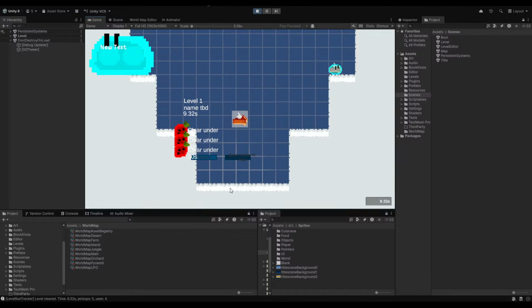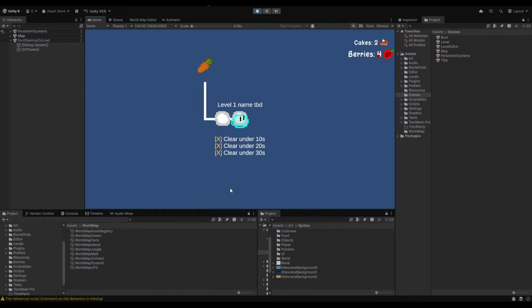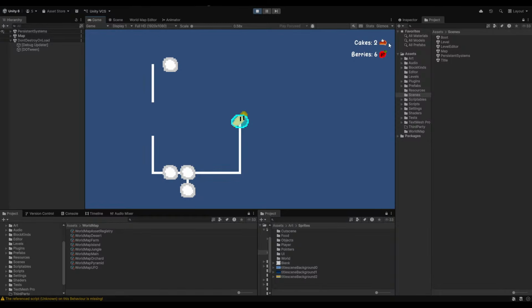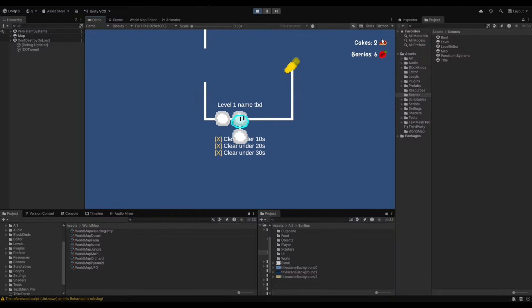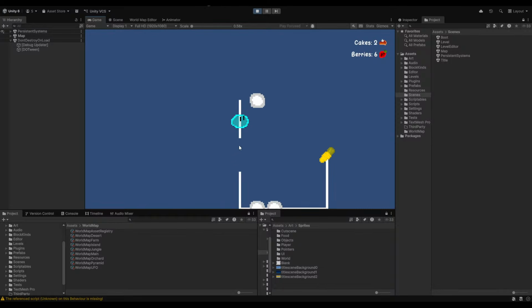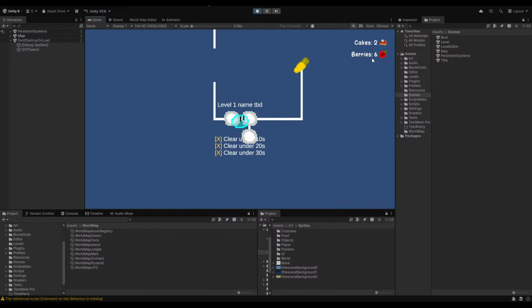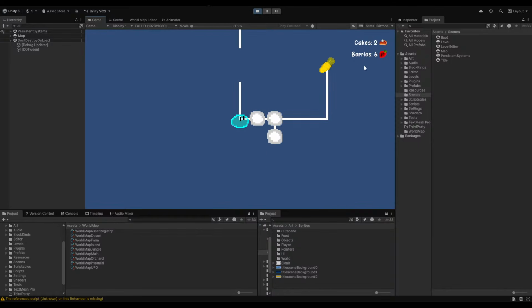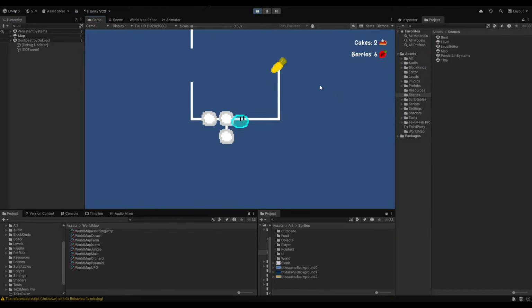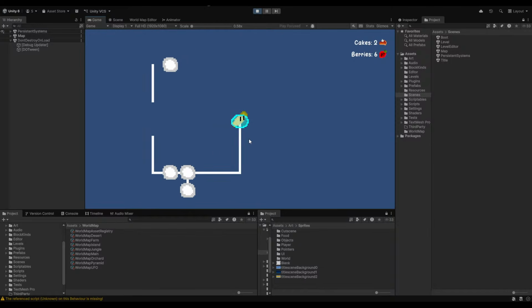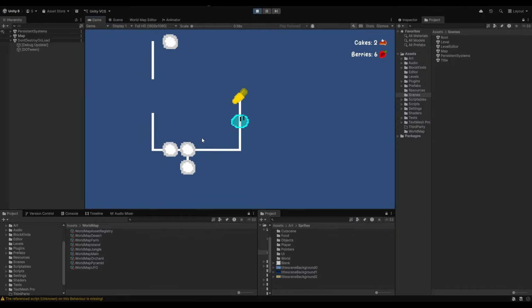Okay, and then, yeah, it should account for both, because I am going to make levels unlocked by probably this cake system, which is level counts. But we'll have to see, because I have made it possible to do both. Like for example, this one was gated by number of berries, right? I did also make it possible to gate by cake count. There is another input I made it possible to unlock by, but we'll go over that in a bit. It's going to be a lot of things.